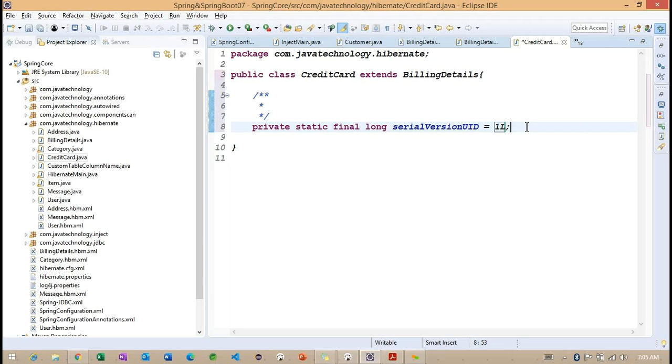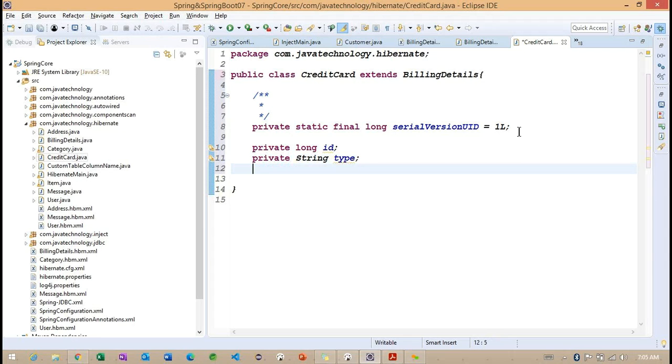Because we are extending from Serializable, we need to provide the serial version ID. Once we create this CreditCard, what do we need to specify? First we need to specify long id. Second, we need to specify type.